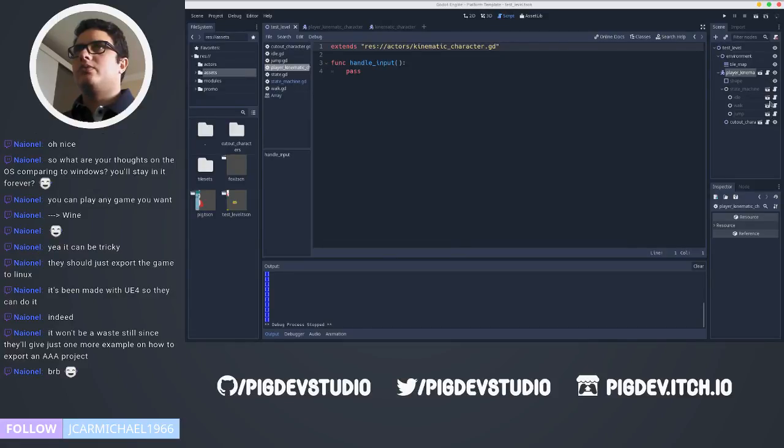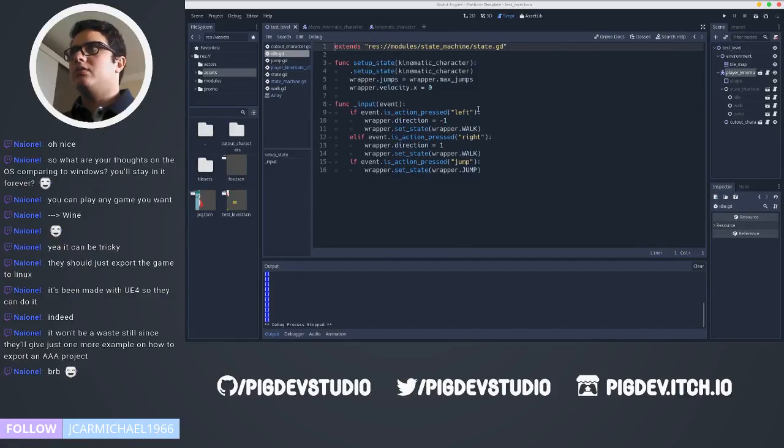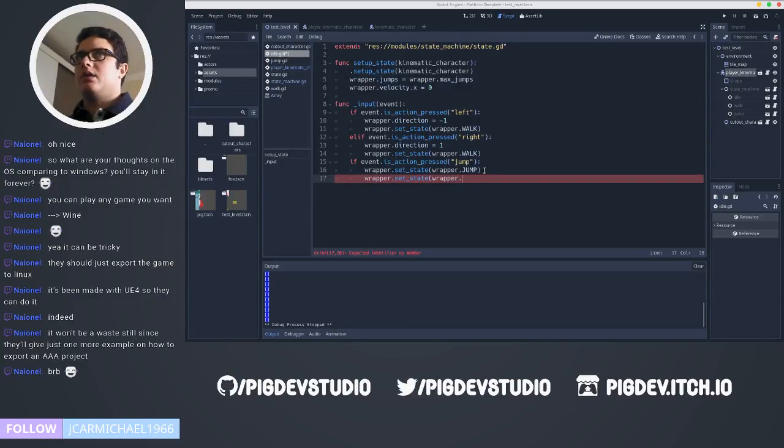So let's go to the idle, set state. This is it. On the jump, we'll try to add another state. I think that I should add something like add state, or